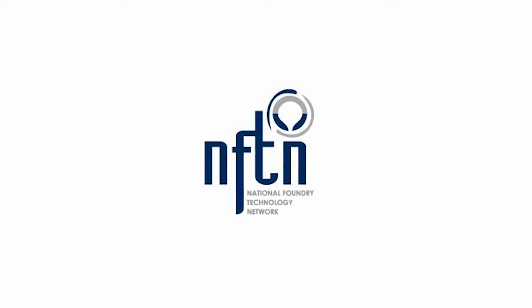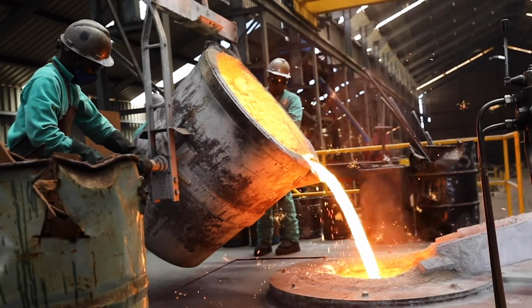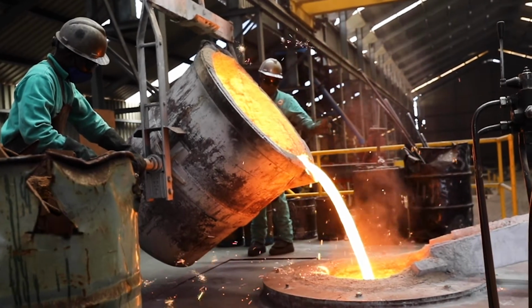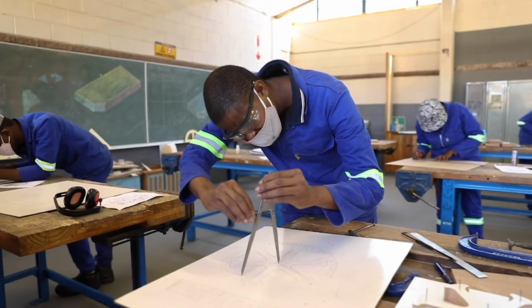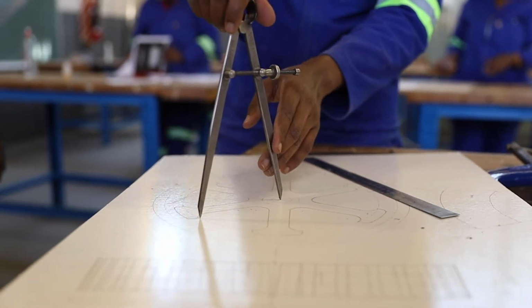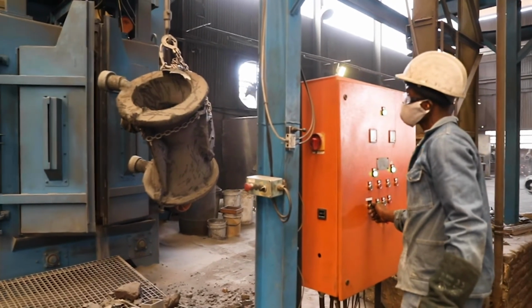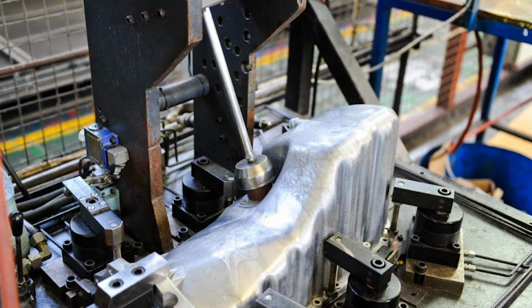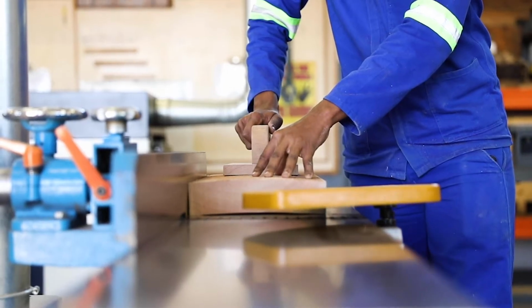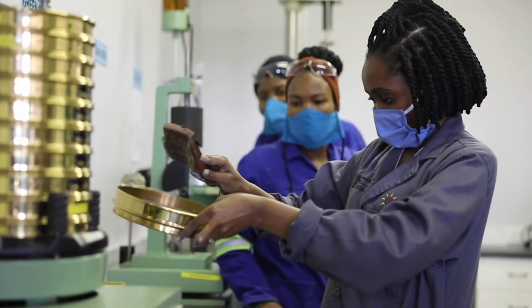The National Foundry Technology Network, or NFTN, exists to support the South African foundry industry to become more competitive and sustainable. They achieve this by offering technical interventions that build foundries' capacity and competitiveness, such as technology, product and tooling development, by supporting foundries to comply with relevant legislation and industry standards, and through the development of critical skills in the